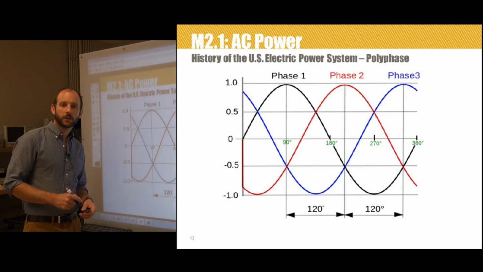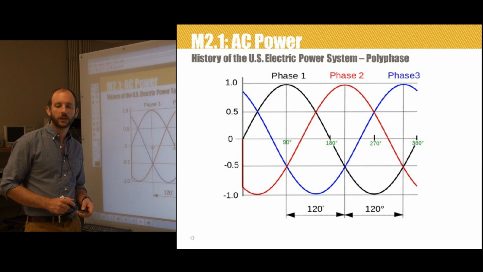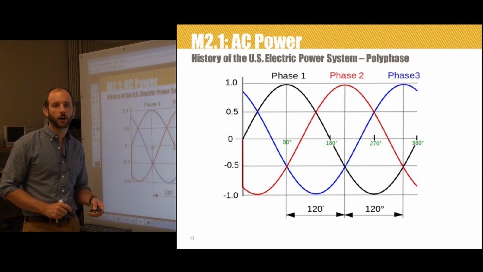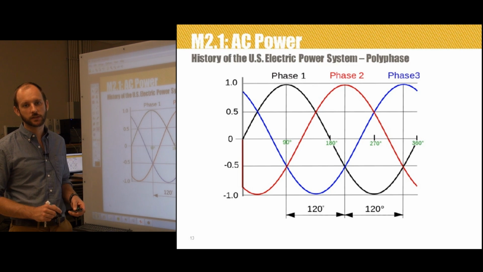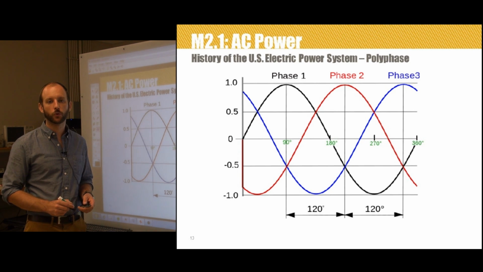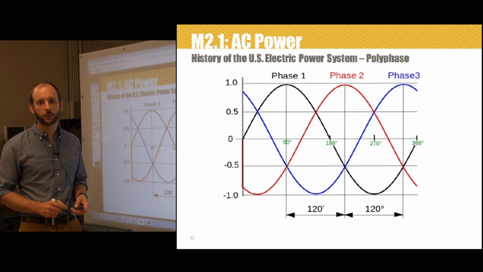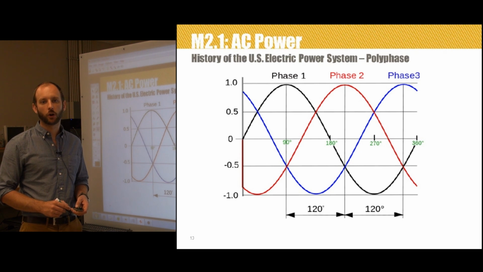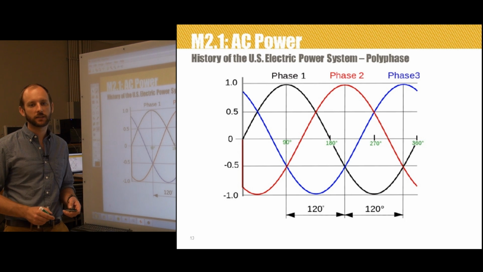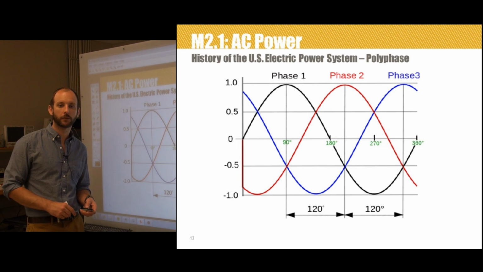So despite the addition of the transformer equipment and the need for AC generators, the AC power system provided a distinct cost advantage as compared to the DC system because of the far more efficient use of fuel resources and the considerably smaller amount of copper required in the transmission lines. In fact, an early DC to AC upgrade was entirely paid for by the value of the copper salvaged during